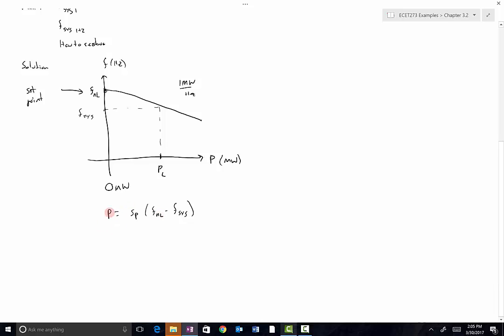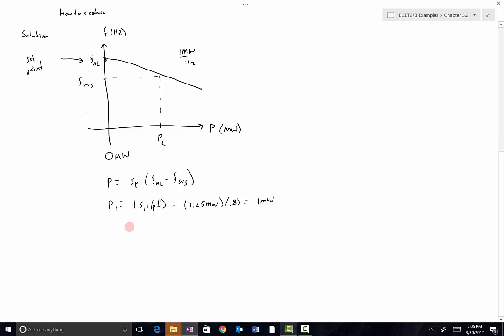Anyway, we just need to plug in for those. So P1 was the magnitude of S1 times the power factor, an easy way to find that. So that was 1.25 megawatts times a power factor of 0.8 for load 1, so that gives me 1 megawatt. So if this generator is set to a no-load frequency of 61, I can find the system frequency by just